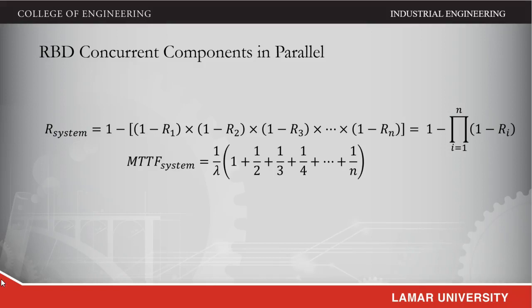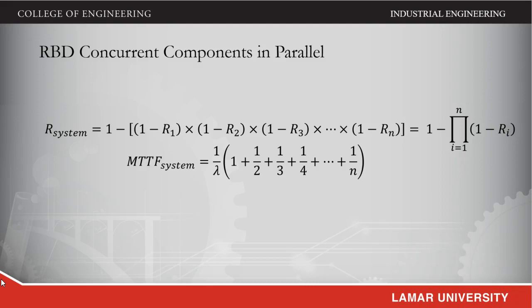1. In the case in which for these reliability block diagrams we have concurrent components in parallel, what needs to happen is that all of them would have to fail before the system fails, at least in that subsystem of parallel components. So the easiest way to compute this is the joint probability of the failure of all of them. The probability of failing is 1 minus the reliability, and what we need to do is the joint probability of all of them failing, and then subtract 1 minus that joint probability, and that will be the reliability of the